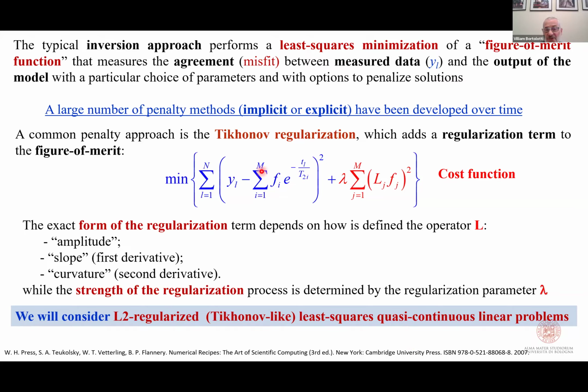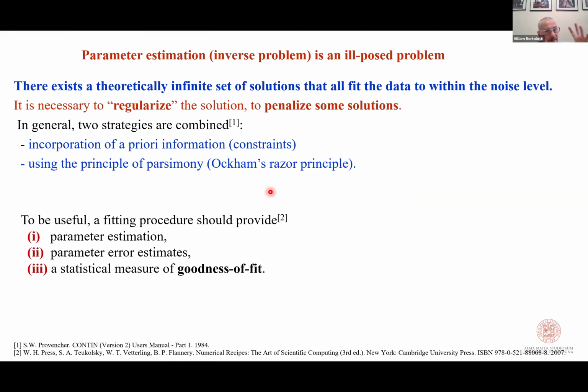In general, if you use just this approach, a square regression, you obtain a very bad result. What is the final aim of an inversion? To extract the parameters. You want an estimation of the parameter, but you also want a parameter error estimation, an interval of confidence around each parameter, in order to evaluate in case